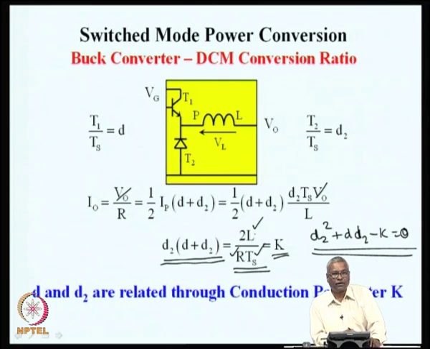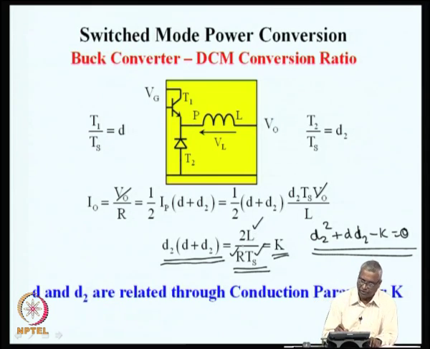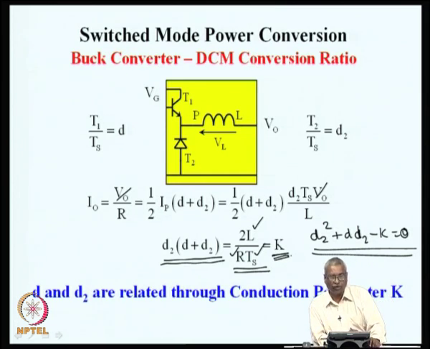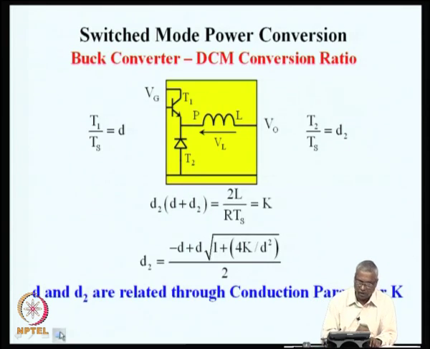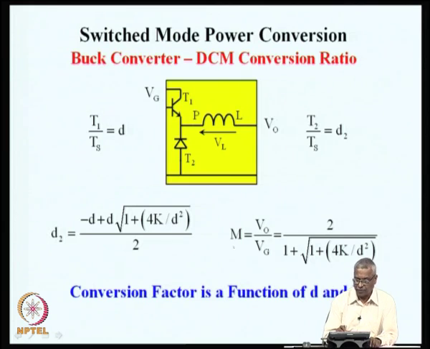We saw three different causes which can force the inductor current to come closer to 0 and get into discontinuous mode of operation, and this effect is consolidated by a single parameter called k, which is 2L divided by RTs. Now, this quadratic equation can be solved so that we can write d2 in terms of d and k. So, this is the relationship between d and d2, and if we now substitute back in the first equation, it is possible to find out the conversion gain M